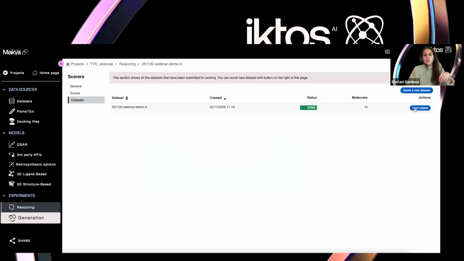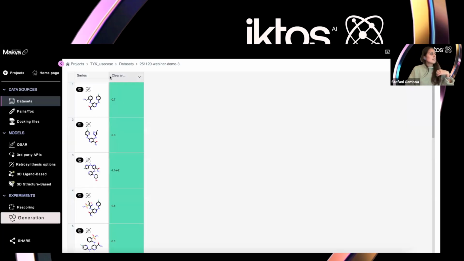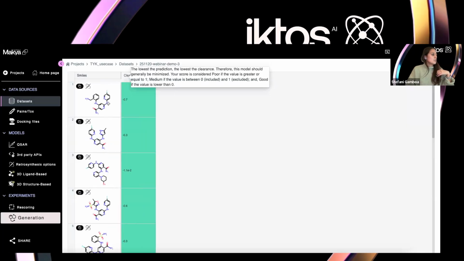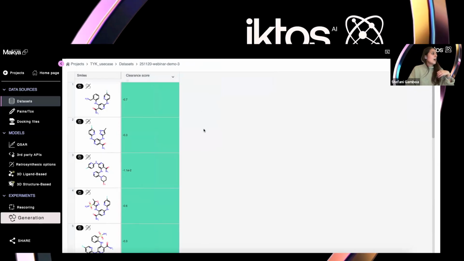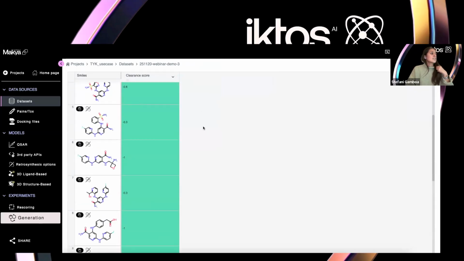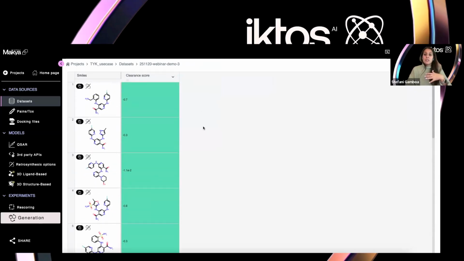After that, you will be able to open your datasets, and here what you will find is your SMILES and then how these molecules scored against the specific targets, in this case, clearance. Here we use different kinds of thresholds just to see if the molecules are good or bad. Again, these are ADME models. And of course, we use